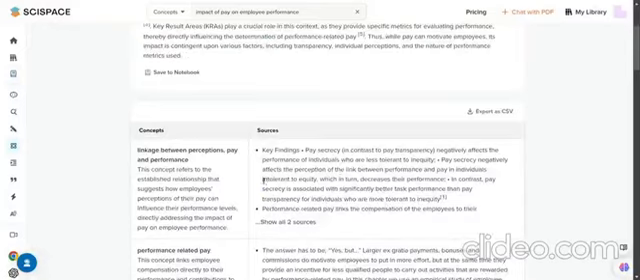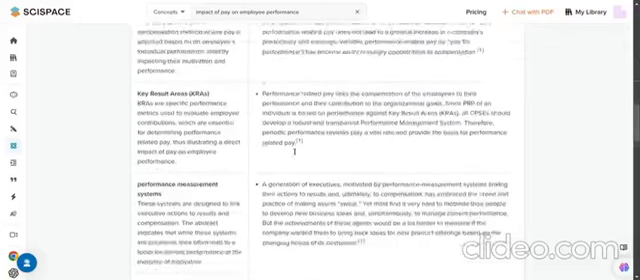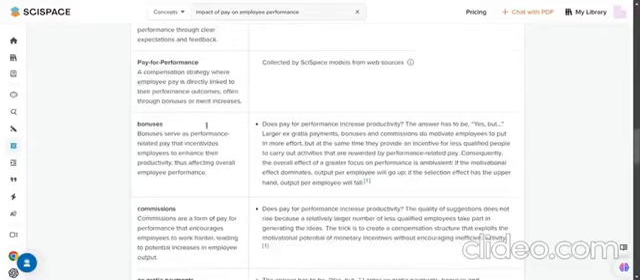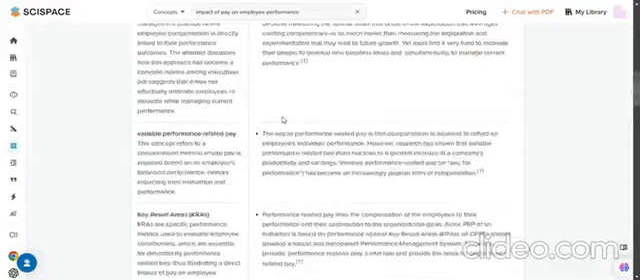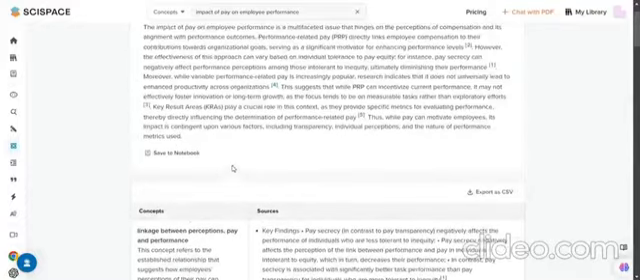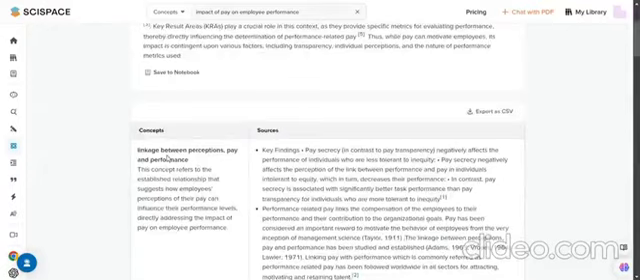Here you can see a table. There are 2 columns, one is concept and the other is sources, and this is super amazing. They have classified relevant concepts, not just 5, there are more than 5, and also a clear description of each. Here you can see if we take the first concept, it shares the linkage between perception, pay and performance. Sometimes you may not get any idea what this is, so they have clearly explained what this concept is under the title, and it says this concept refers to the established relationship that suggests how employees' perception